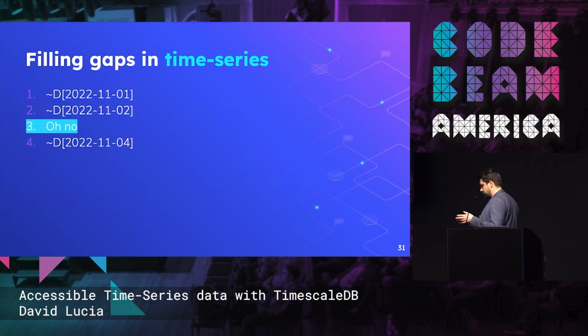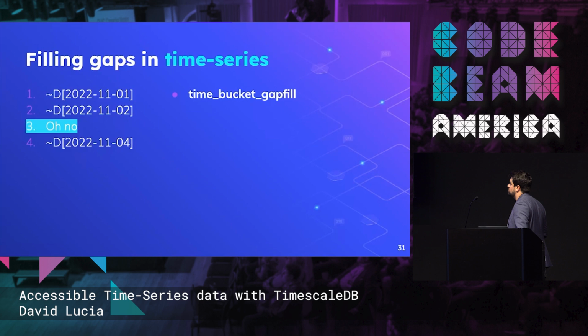OK, not every application is going to have 100% uptime. We all know that we measure our availability in nines. You're going to miss data. And when our systems miss data, that creates all sorts of complications for reporting. It causes complications because your users are probably upset. Timescale provides utilities for filling in the gaps in data like this. So we've got 4 days here, and the third day is missing. What do we do about it?